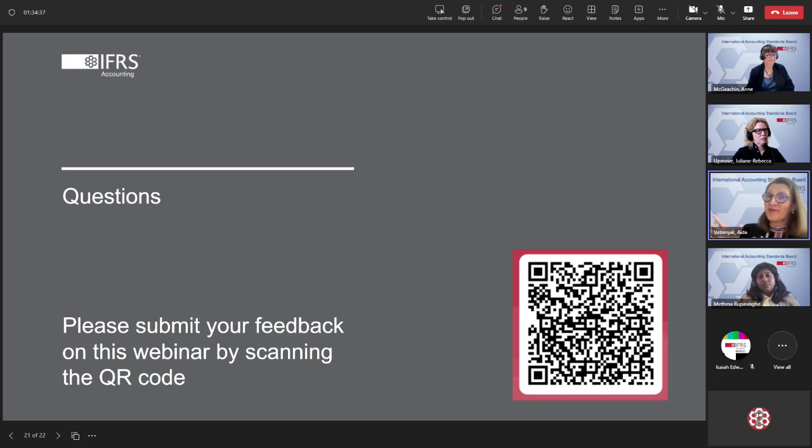But we also have flowcharts at the end of the illustrative examples that are useful to give you a high-level overview of the requirements. Sometimes the detail of paragraphs in IFRS 18 with all the references can seem a bit much to start with, but then when you get into it, I think it will all make sense, right? Because your drafting is wonderful and correct.